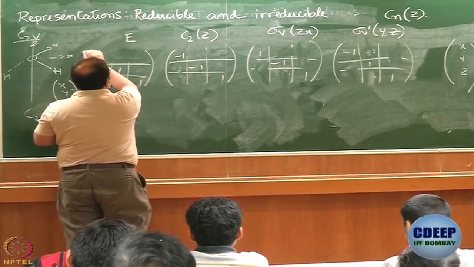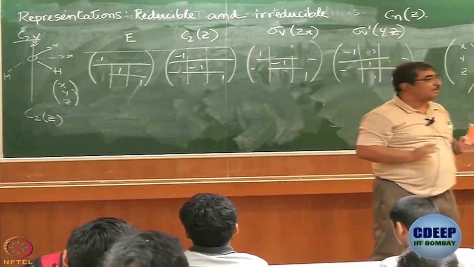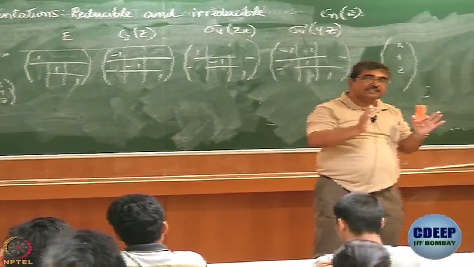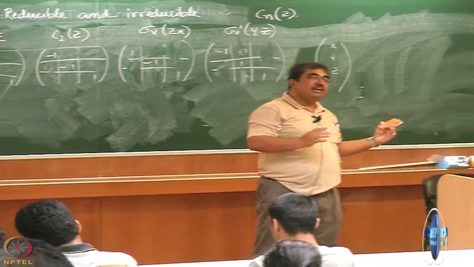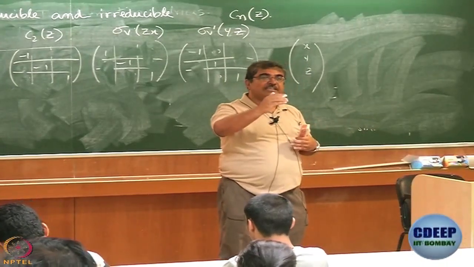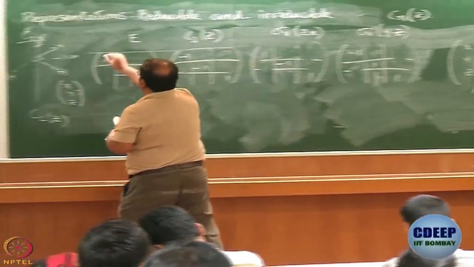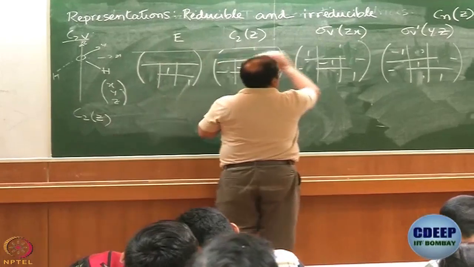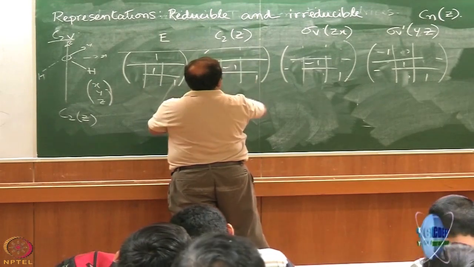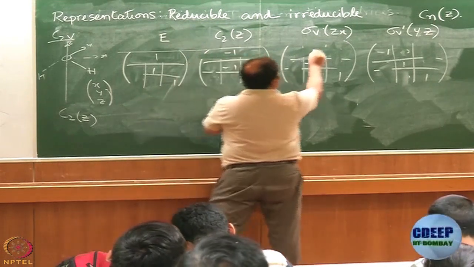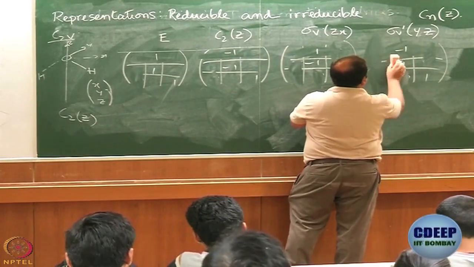Okay. So, now this is a representation. In fact, if I look at the entire matrices, that was also a representation. You look at all the transformation matrices, and collectively they form a matrix representation. What we have learnt is how we can reduce a representation to smaller dimensionalities. So, what I am now saying is that for x, it is 1, minus 1, 1, minus 1.